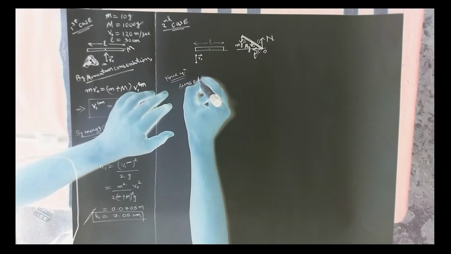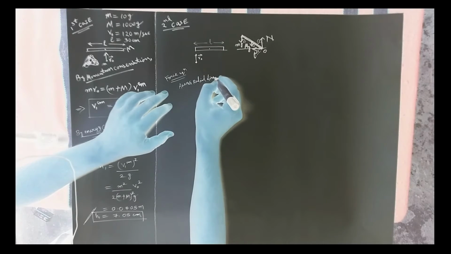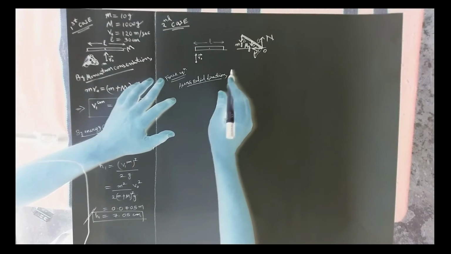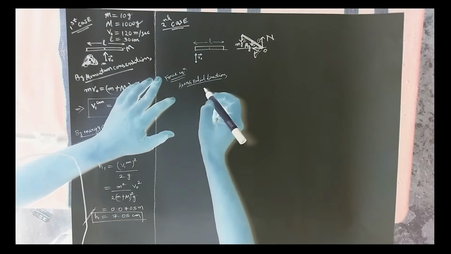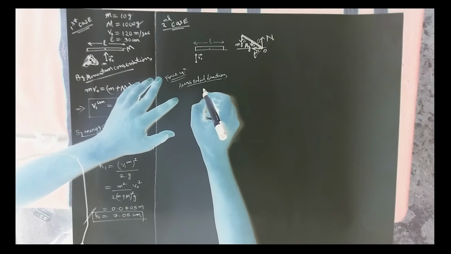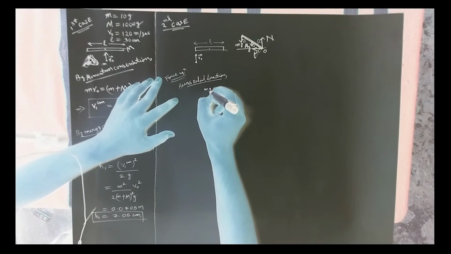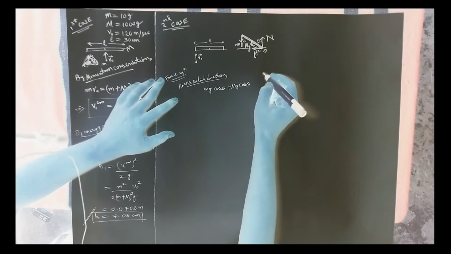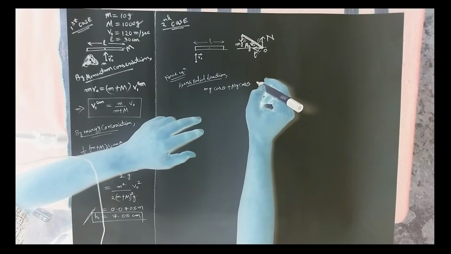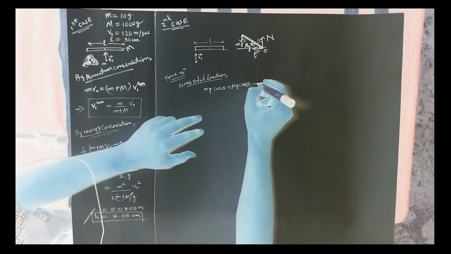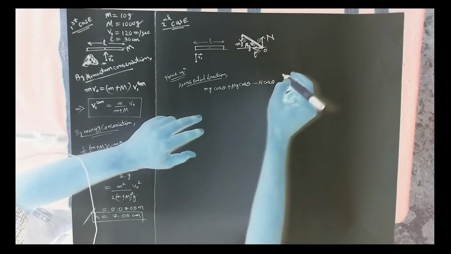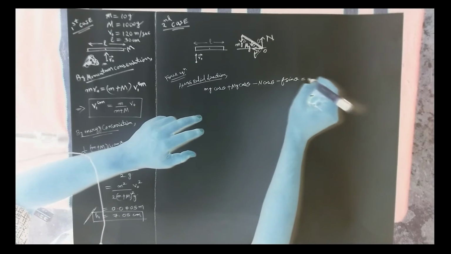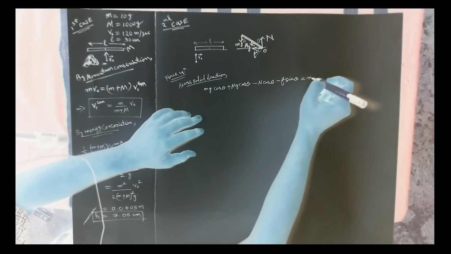Along the radial direction, the forces which are acting will be mg cos theta plus Mg cos theta, minus N cos theta, minus f sin theta, is equal to